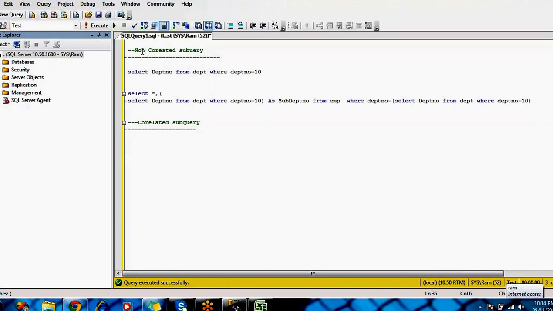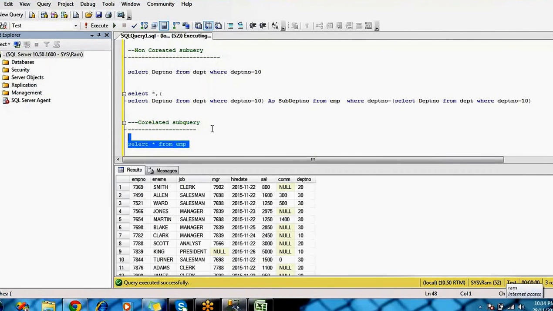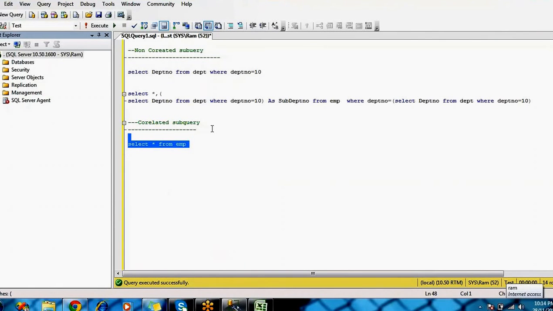But in the correlated subquery, first select star from EMP executes, and it will give one row to the inside query.